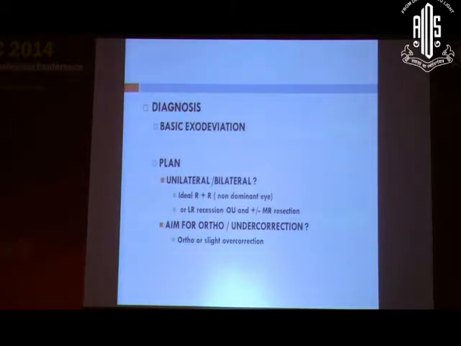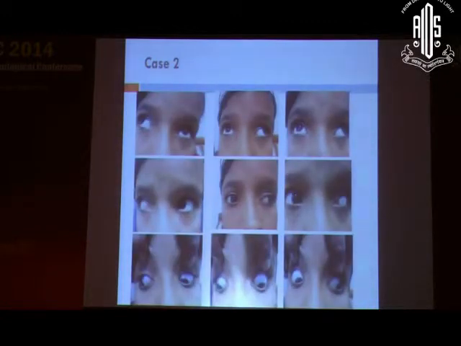So whenever we are dealing with children less than 5 or 6 years, we will never overcorrect. It's only in those 6 years plus, or adults, that we suggest an overcorrection of 8 to 10 prisms should be built in at the first post-op stage, in order to check the regression or recurrence of the deviation.